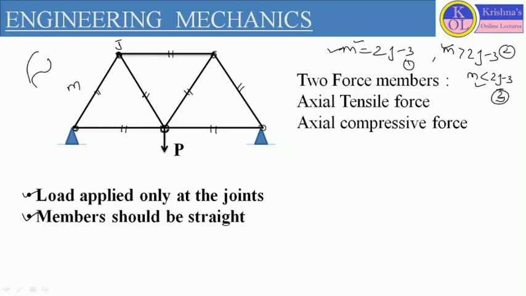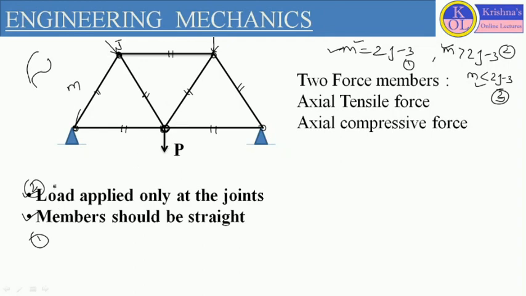First point, the member should be straight. It should not be curved or wavy. The member is always straight, though the member can be inclined. The position of the member can be inclined, horizontal or vertical, but the member should be straight. So this is our first point. And the second point is that load should be applied only at the joint. On members, we are not considering any kind of external load. If we apply a load, we can apply it at this particular point. We can apply it in inclined form also, but it should be at the joint. At this particular joint, we already have a force.